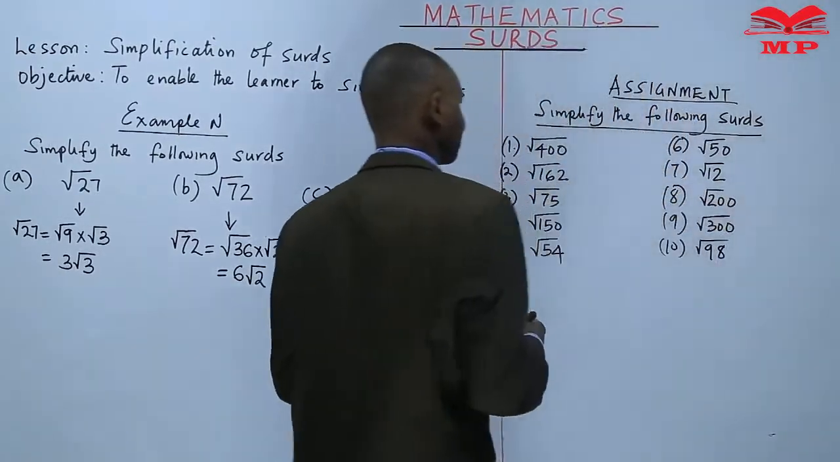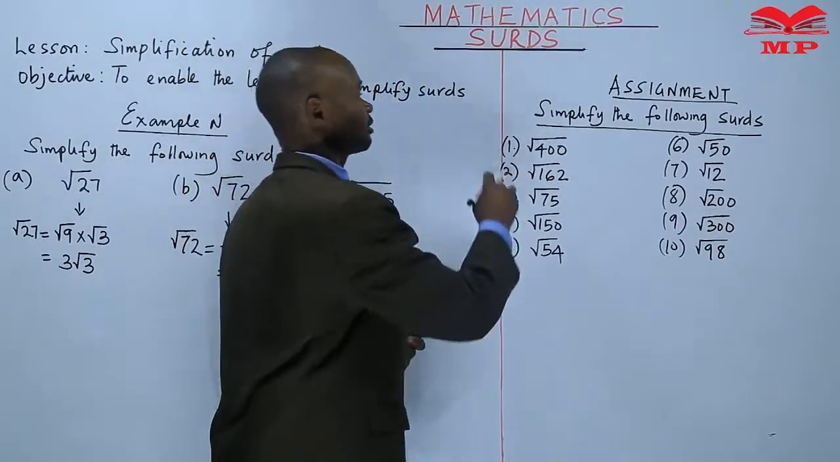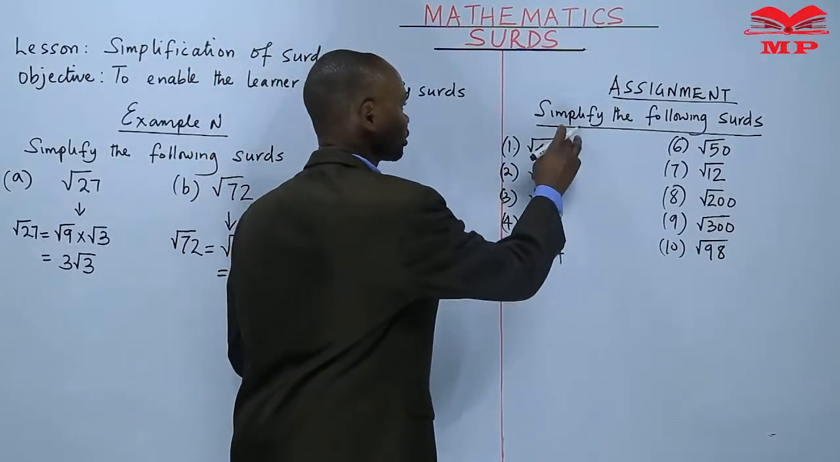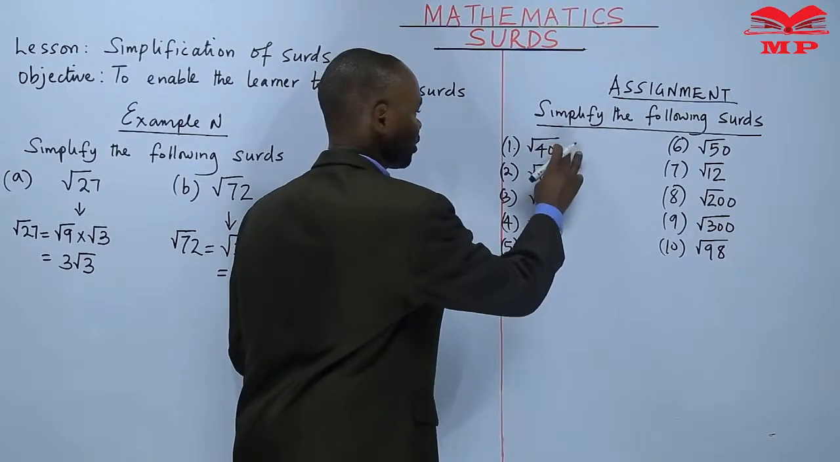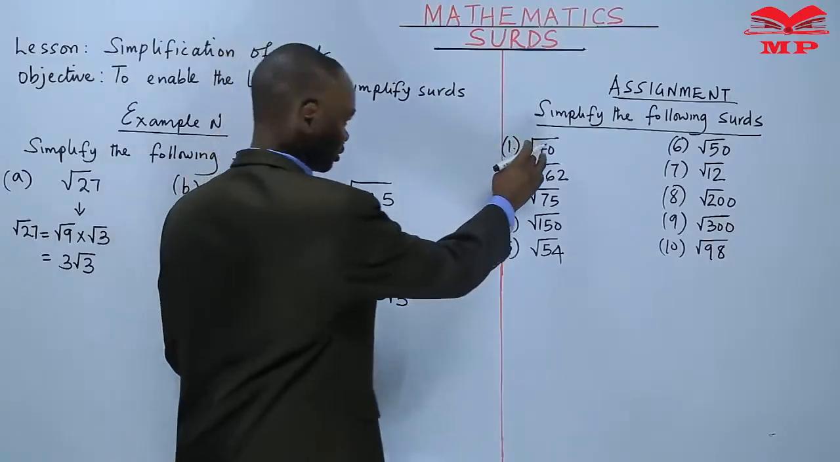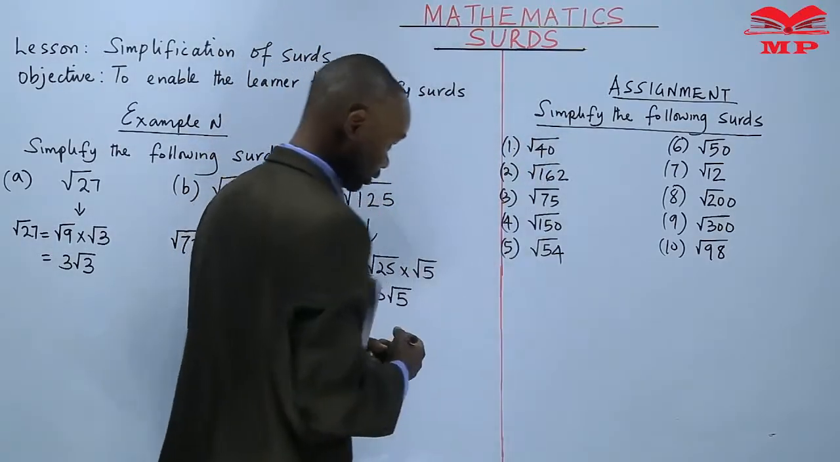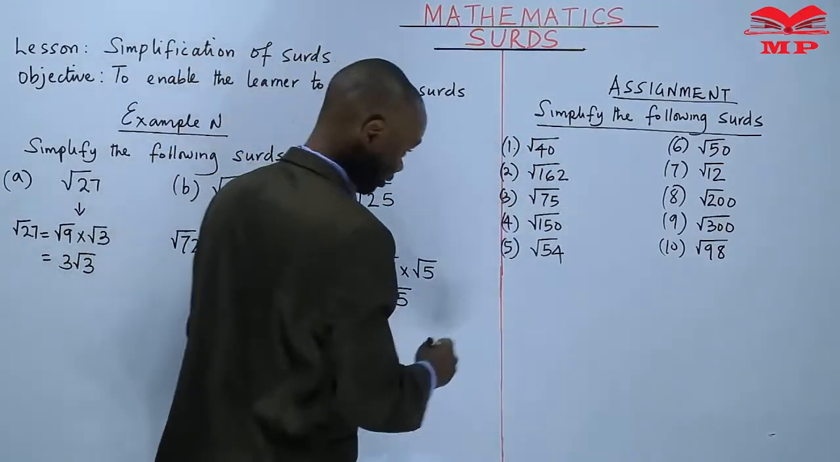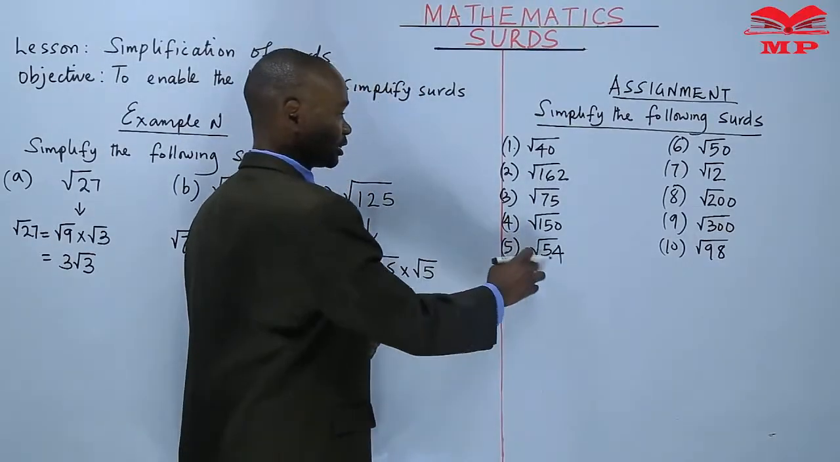So Lana, that is the assignment. Simplify the following surds. Sorry, this one was supposed to be number 1, square root of 40. Number 2, square root of 162, number 3, square root of 75, number 4, square root of 150, number 5, square root of